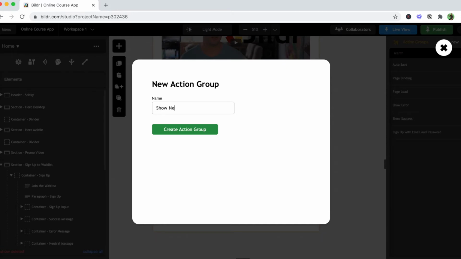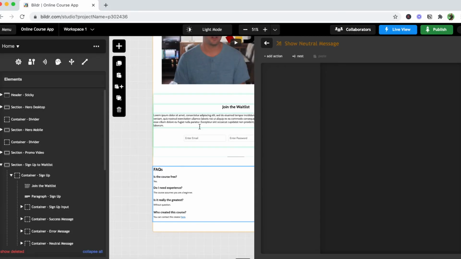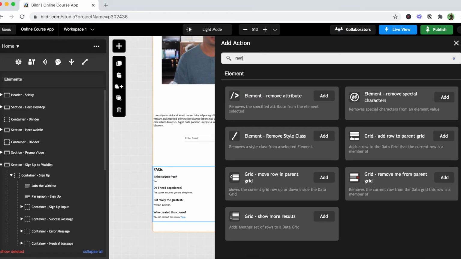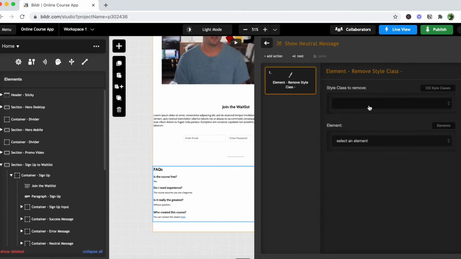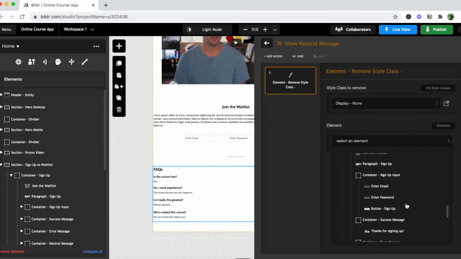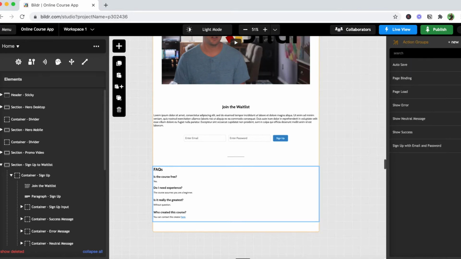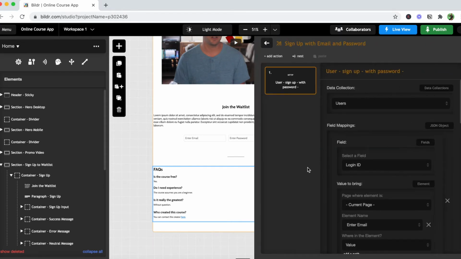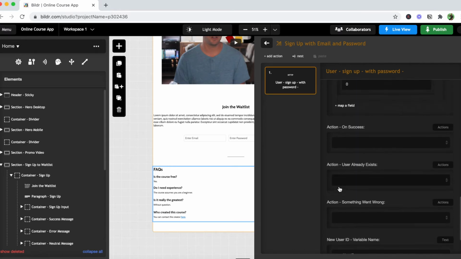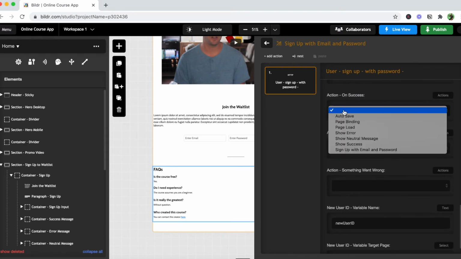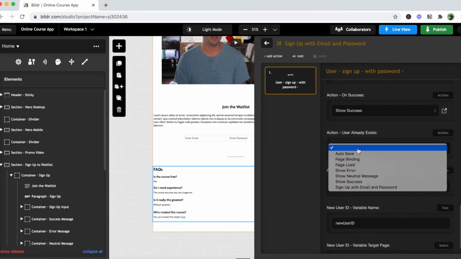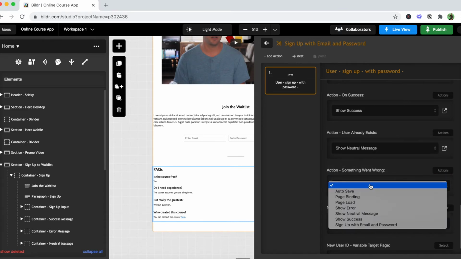Show neutral message, action, remove style class, display none, and our neutral container. Okay, now we'll go back into our sign up action and use those actions so that when there is success, we show success. If there is an existing user, we show that message, and if for some reason there's an error,